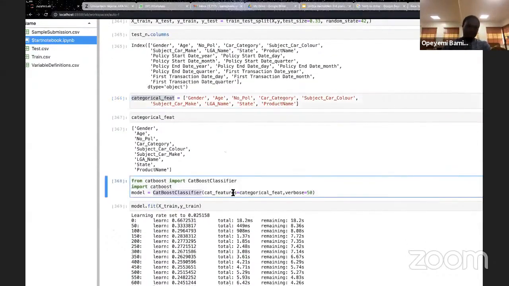In the CatBoost classifier, you can specify the categorical features. What that does for you is that you don't need to convert categorical features using one-hot encoding, min-max encoding, and the other types of encoding. Okay, so we fit the